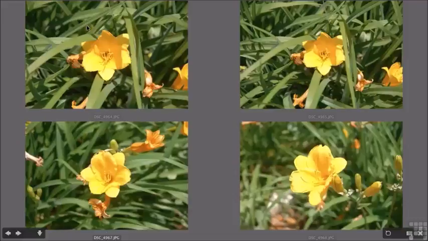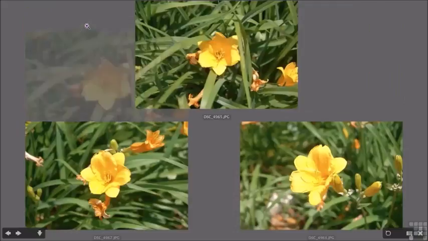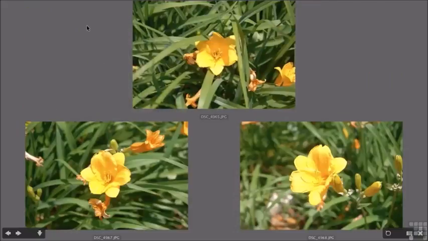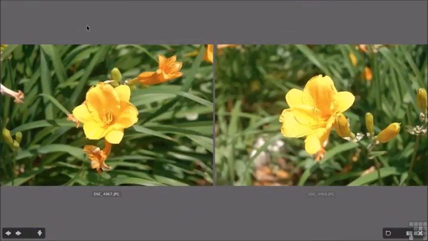Now it's big enough to show me 4. I highlight the ones I don't want to see anymore. Pull that one down. Maybe pull the one on the top down. Now it's only 2. I can right or left click here, choose the one I want, and boom, then I've